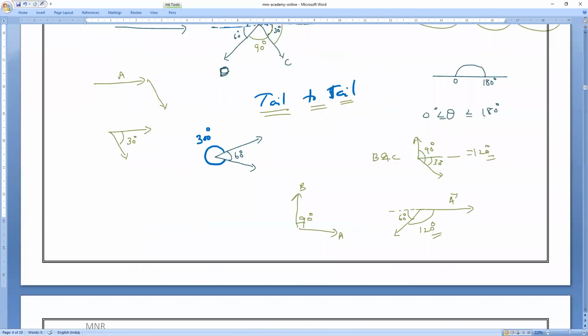Either they will ask you in the exam. How will they ask? They will ask you to find the angle between head to head, or they will ask you tail to tail. So that is what, tail to tail, we